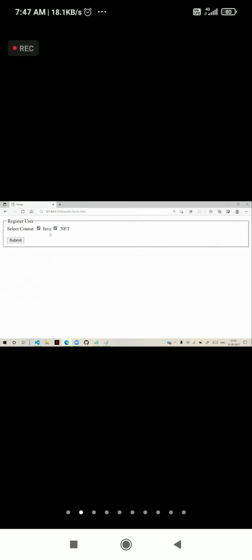Out of that, the user should select 2, 3, anything. Then how can you show 20, 30 courses side by side, one below another? It occupies more space on screen, because here I'm showing only 2. If I have to show 20, 30 like this, it is very complex.